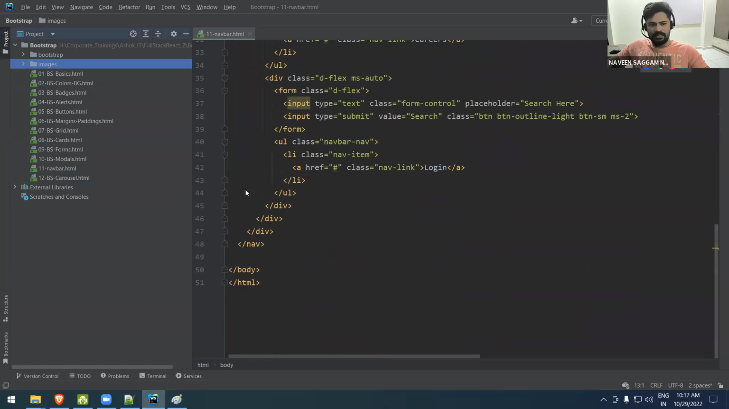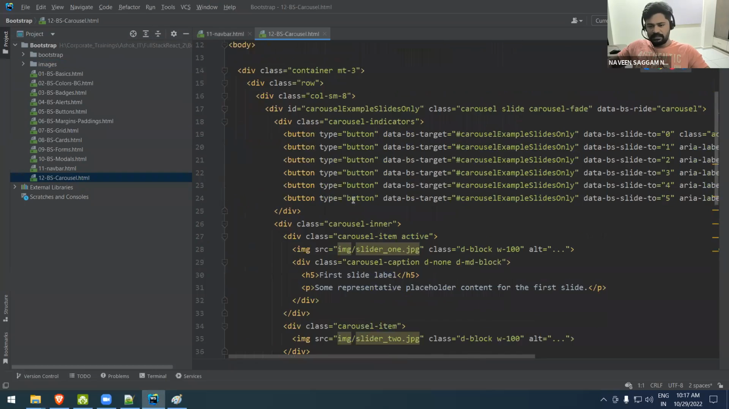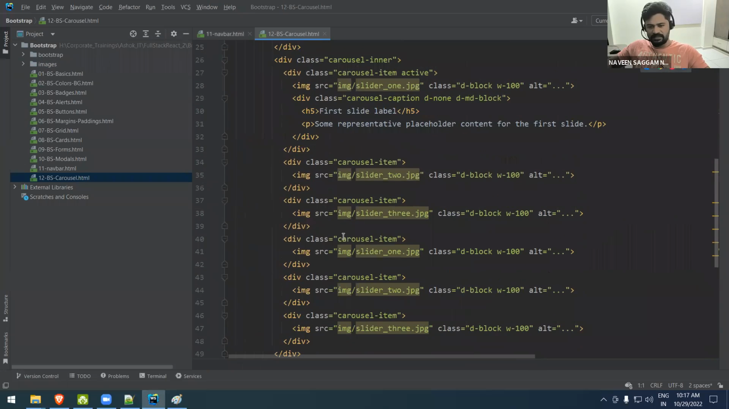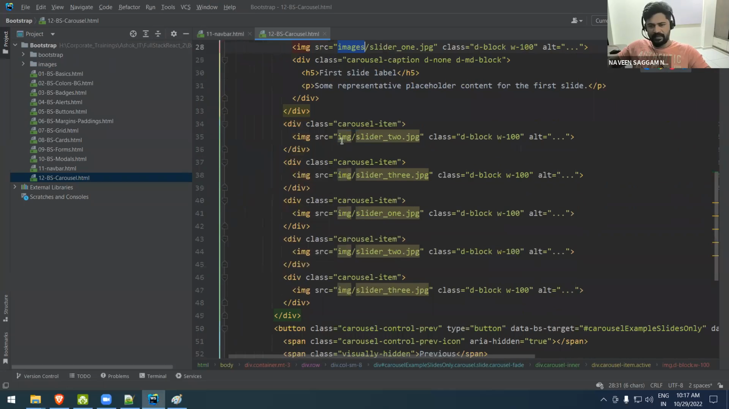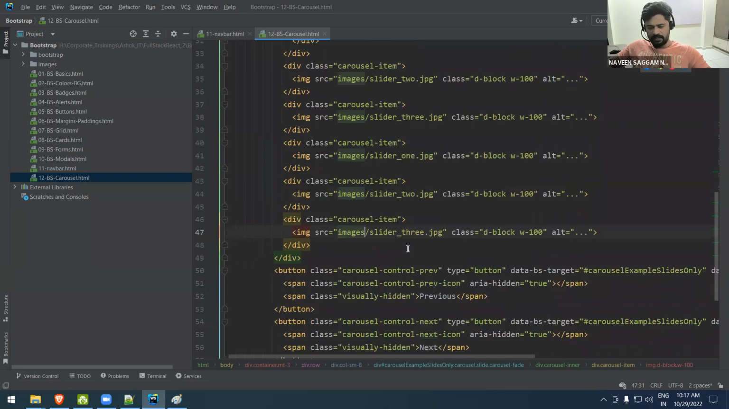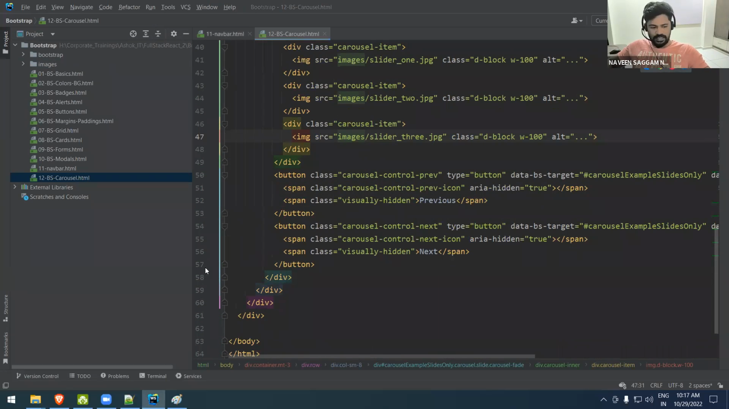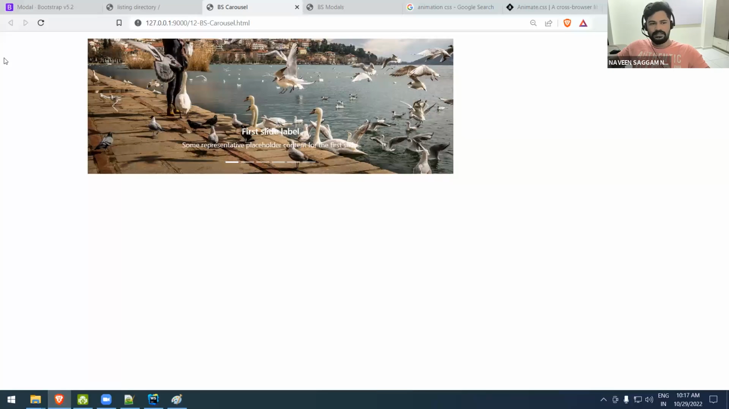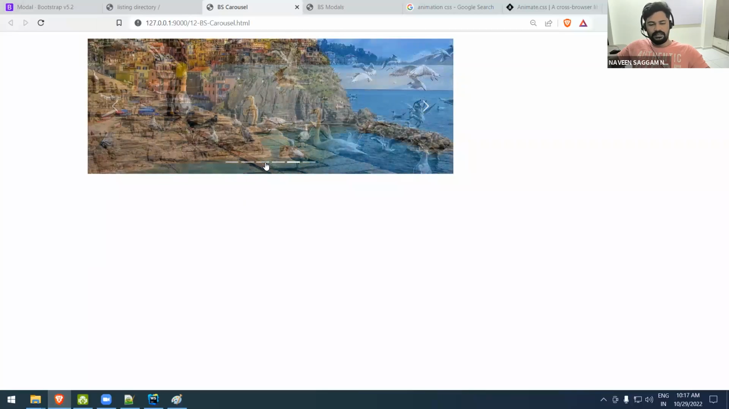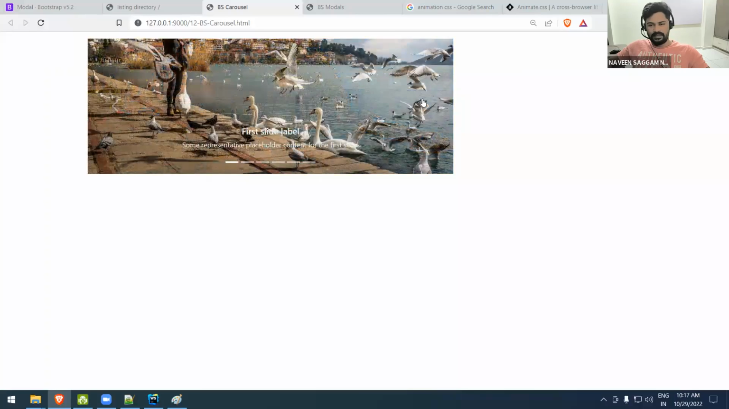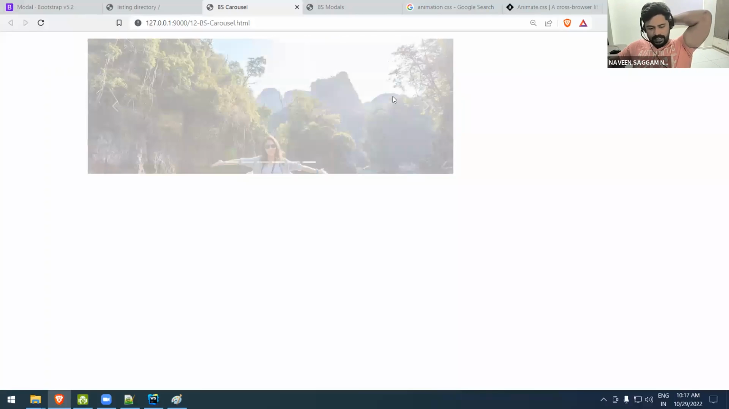But I think it's not the img folder, it's the images folder. You can see the documentation to get an idea. See, you got a simple carousel. Like this, just keep changing, and you got the navigation. Okay, and I have actually given